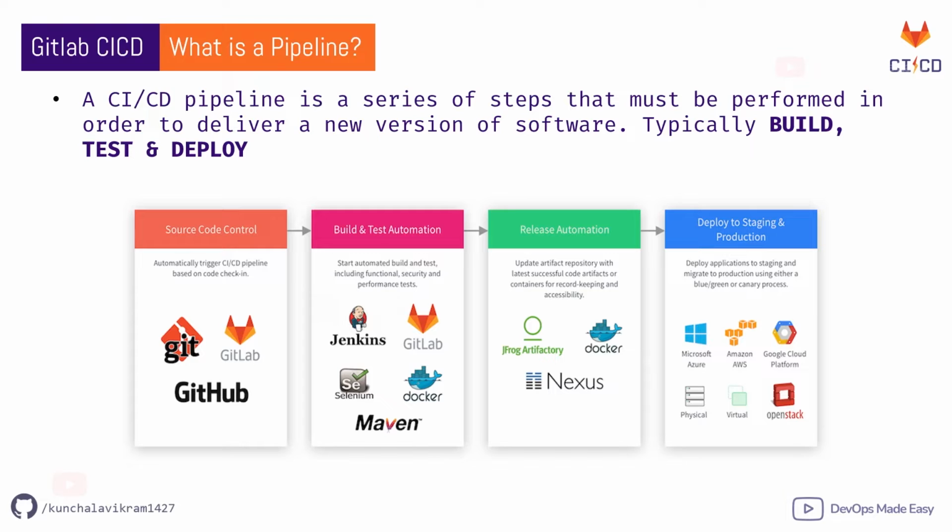Basically, a CI/CD pipeline comprises a series of steps that will be executed in order to complete the release of your software. There are mainly 3 different stages involved in a complete CI/CD pipeline: build, test, and deploy. Even GitLab uses these names as a standard. If any job belongs to these stages, those jobs will be executed in this order. That is, any job belonging to the build stage will be executed first, followed by test